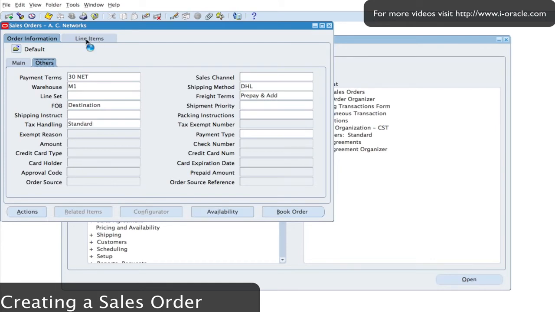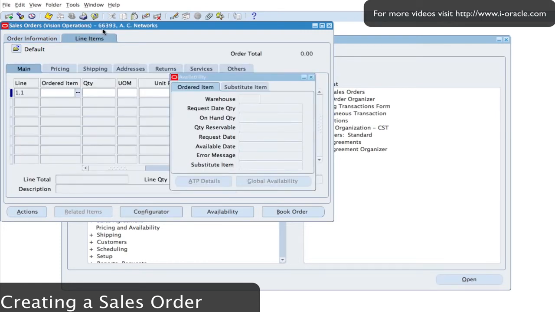So if I select my line items tab, I'm able to enter some information about the items that I want to sell, and this will allow me to also enter information like the quantity, and I can also review the price as well. Now you can see at the top here that it's actually given me a sales order number, which is